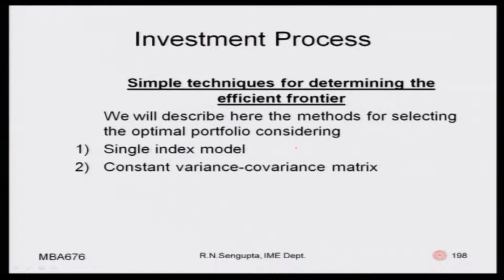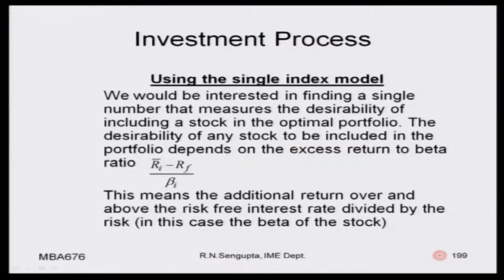So, a simple technique for determining the efficient frontier will be: we consider the single index model to be true, and we consider the constant variance covariance matrix to be true. We would be interested to find a single number which is a measure of the desirability of including a particular stock. Over and above the risky stocks, we will also have the risk free interest rate, given by R suffix f. So, if you see the difference on the top, which is the numerator,